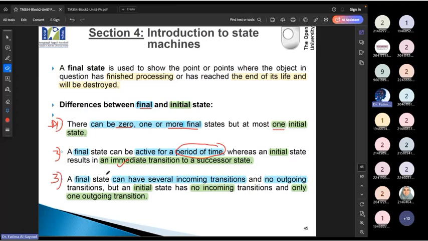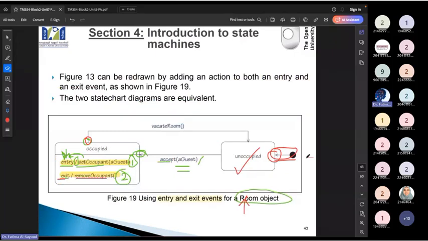Let's start with the initial. The initial has no income and has only one outcome. هل شفتوا هنا في البداية عندنا transition جاية إلى الانيشال؟ لا, never ever. ما راح يدخل عليها أي transition ودائما راح يكون عندها واحدة transition. طيب لو تخيلنا أن هنا في عندنا final status, راح نرسمها ويكون عندنا final status بعدها.